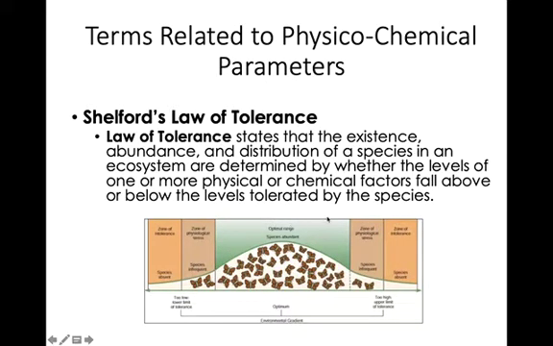So in this particular graph here, you can see that this particular range of a factor is what we so-called the optimal range for species abundance. Ibig sabihin that within this particular range of a factor, the organism can still survive, grow, and develop. At the same time, they can also reproduce. But below and above this particular range, dun na naapektuhan mismo ang survival and even the reproduction of the species.